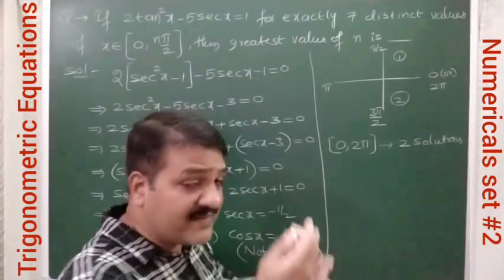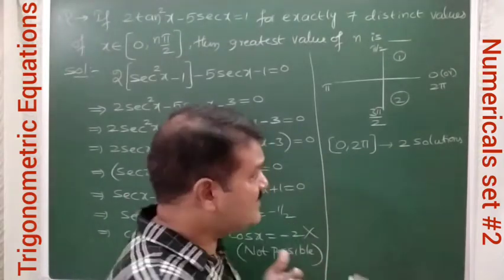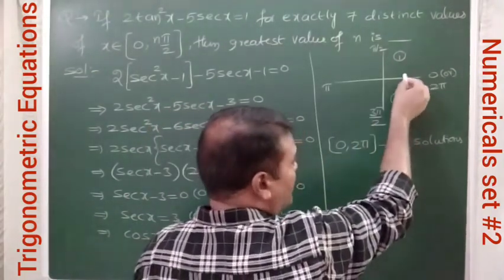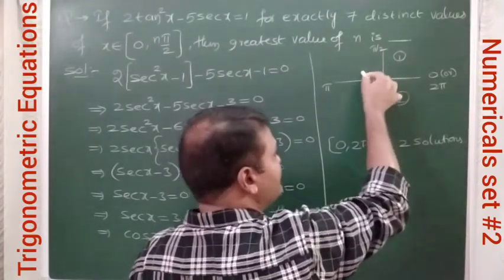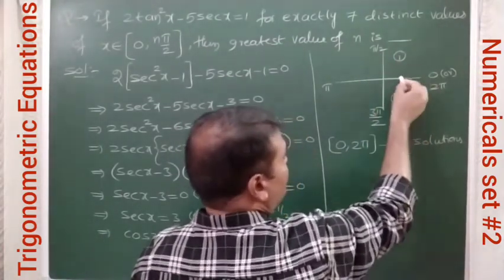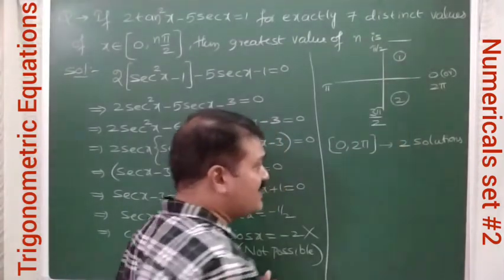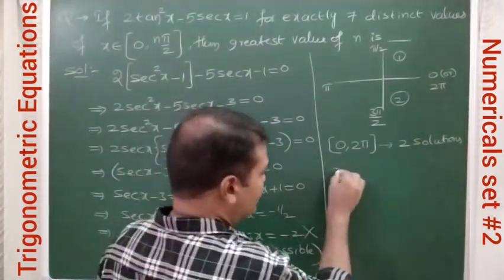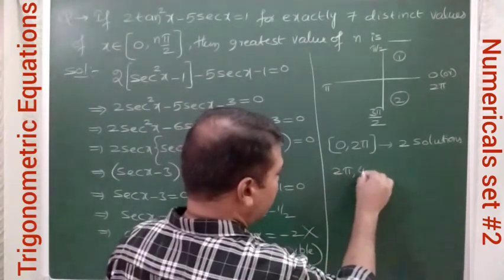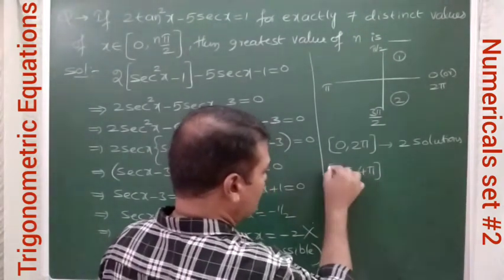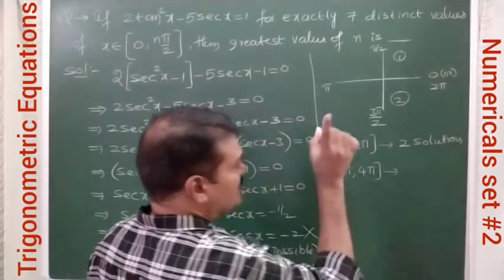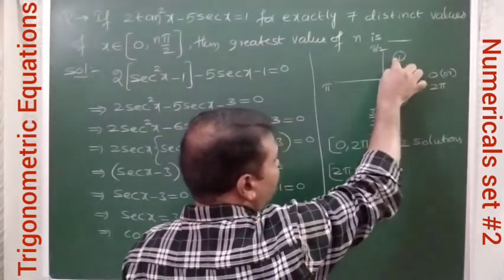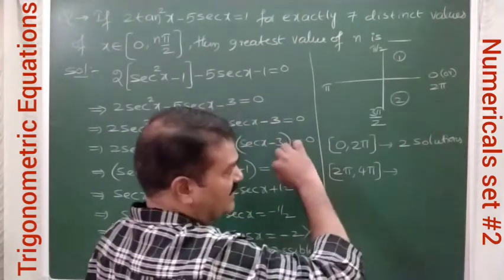So when we start our second cycle, that is, for one circle we cover 2 pi radians. So again, if we start the second cycle, means add 2 pi to this one. That is, the second cycle is between 2 pi to 4 pi now. So first circle, first quadrant and fourth quadrant, two solutions we got.